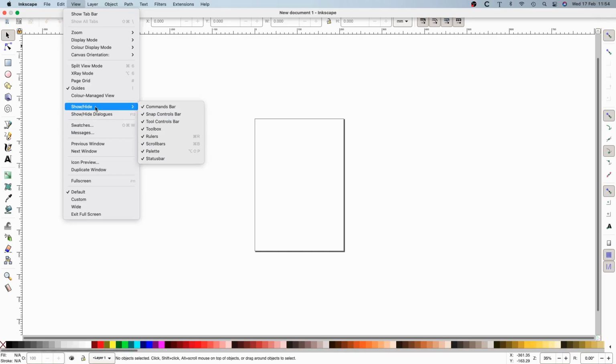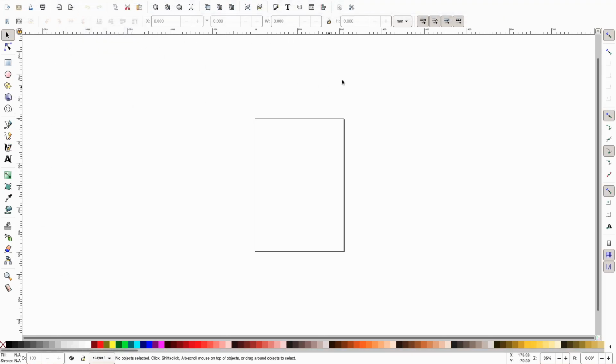And then in the show and hide, make sure at least the rulers are selected, but if everything's ticked, that's fine, because the rulers is the important one. The rulers being these guides that are across and the side of the screen. Now all of this big white area is your drawing board, and this in the middle is the page, and that page size at the moment is set to A4,